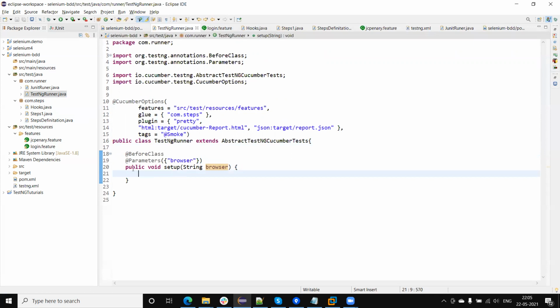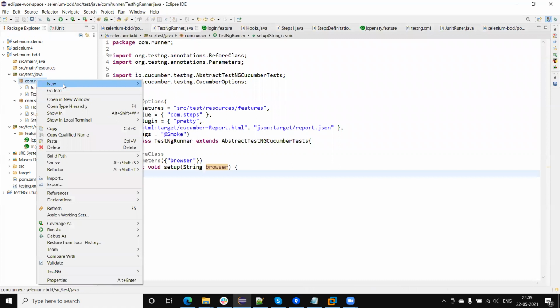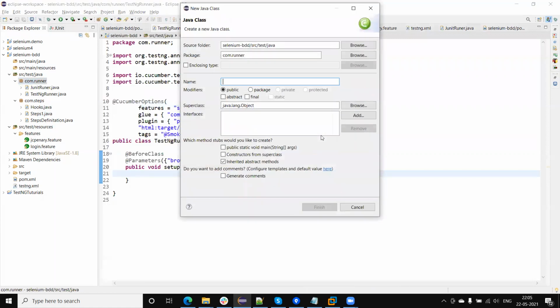Now I need to create one more class, a WebDriver Factory, where I will initialize the browser.